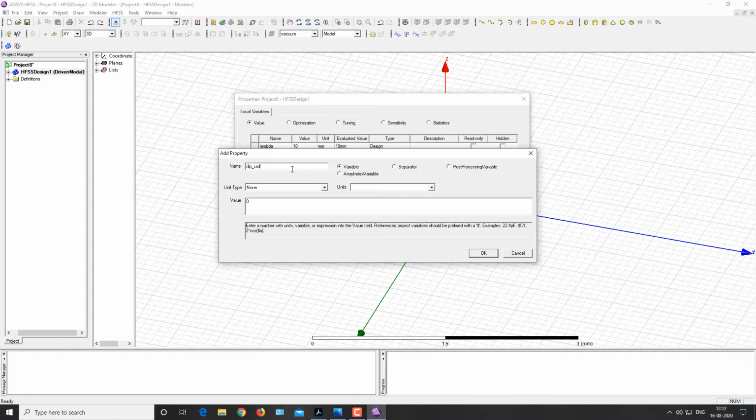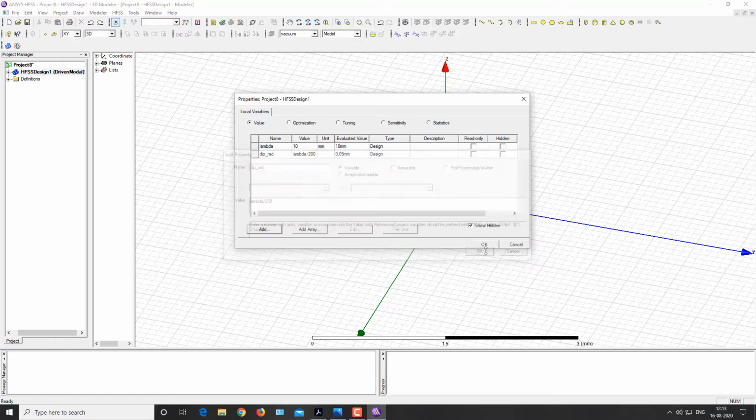I am giving it the name dipole underscore radius. Then the formula for my dipole radius will be lambda by 200. Here there is no need to select the unit types. HFSS will take it automatically as a length. Then click on OK.